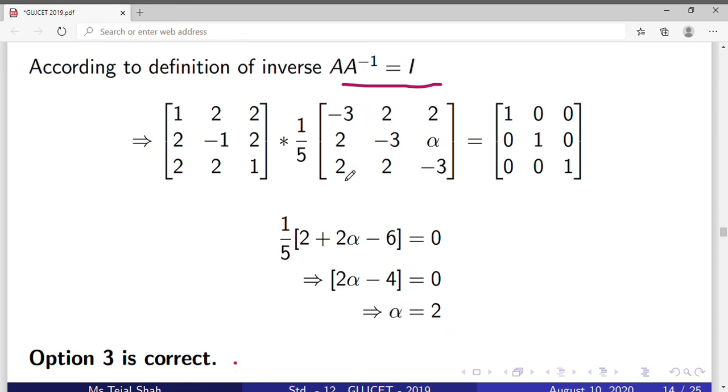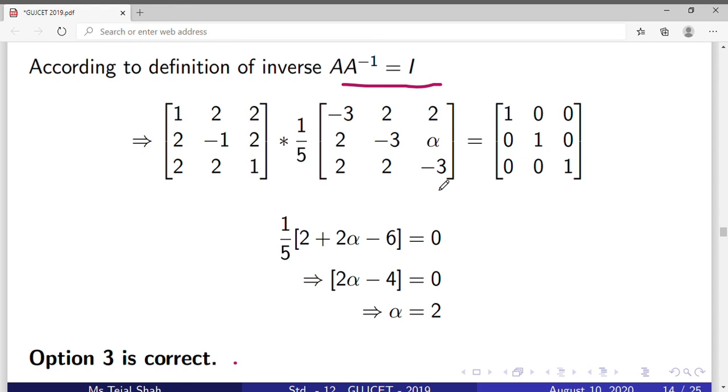So in this problem, don't multiply all the elements. Only check where alpha is given. According to this, multiply only the single component and then find the value of alpha. So if we multiply first row and third column, we can find alpha. There is no need to do the matrix multiplication for each and every element. Suppose you multiply first row and first column, then alpha is not there, so using this multiplication we cannot find the value of alpha. So first observe where alpha is. Here in the third column alpha is given. So if we multiply first row and third column, we get alpha.